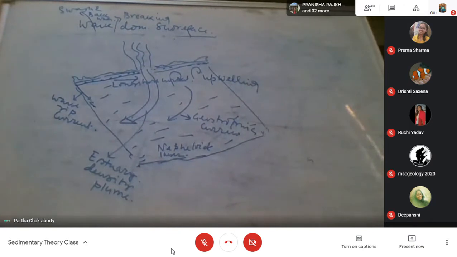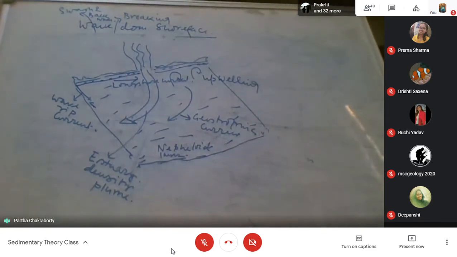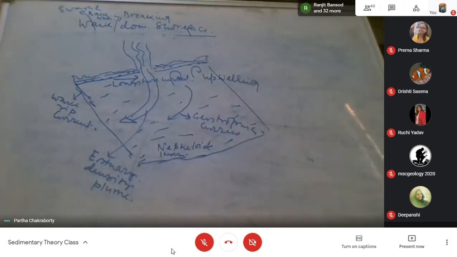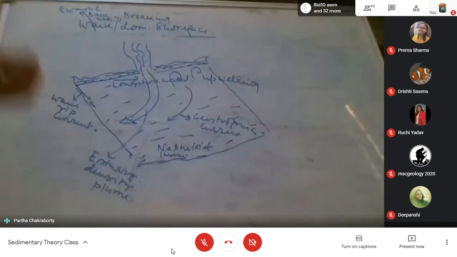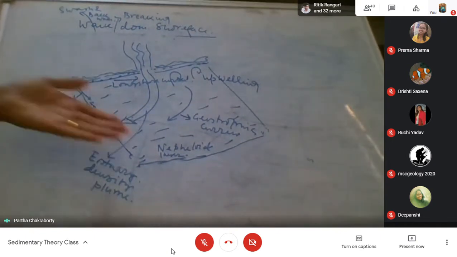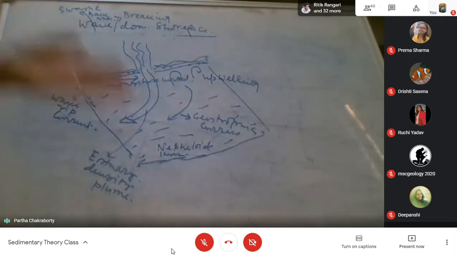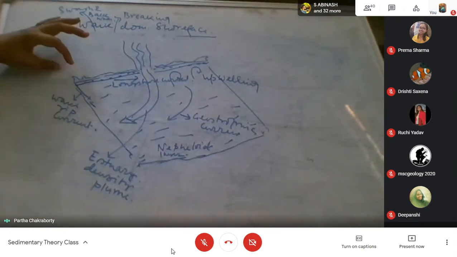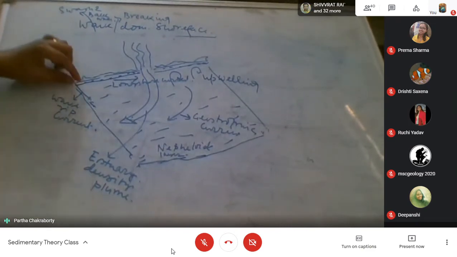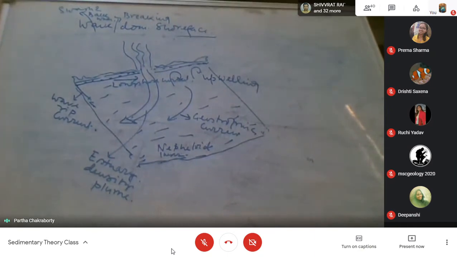What I have said, the storm makes upwelling. We will discuss again how it operates. So upwelling and geostrophic current. The riverine supply may also act as fine-grained material which floats onto the shelf, which is called nepheloid layer. And then you have the wave which may form some rip channel and rip current. That rip current can also carry the sediment into the shelf. So this is an attempt to show you the different currents that operate on the shelf.